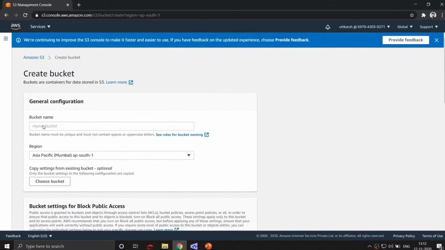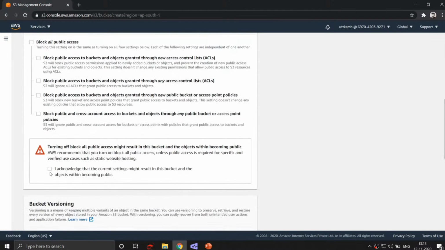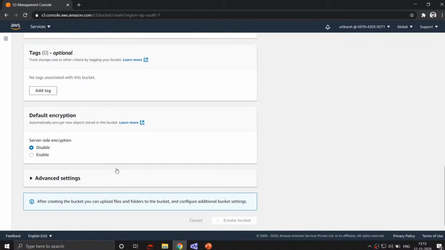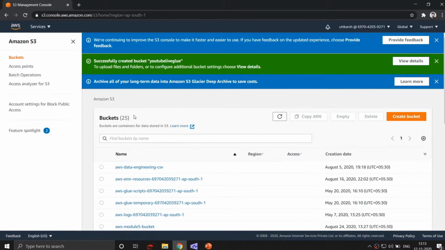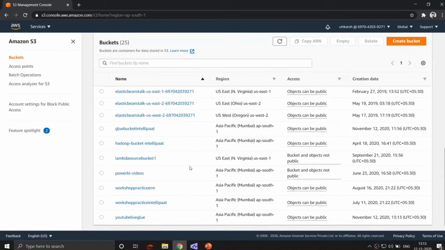So in this bucket, since I don't want to deal with permissions specifically right now, I'm going to be allowing all public access. So the first thing that I would do is call my bucket something. So let us call this YouTube Live Glue, right? Let us call it that. Maybe that name has been taken, but we'll see. And then untick this, which is block all public access. I acknowledge that. It'll ask you for a waiver. And then we will click on create bucket, right? So that name wasn't taken and we have created that bucket, which is publicly accessible in this particular scenario,